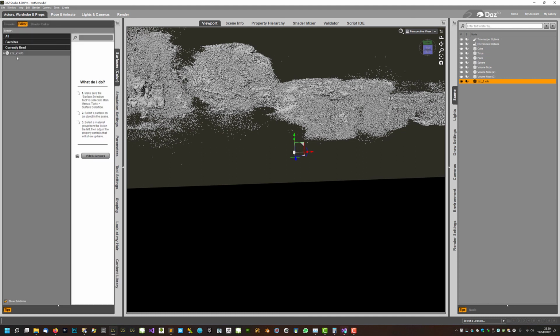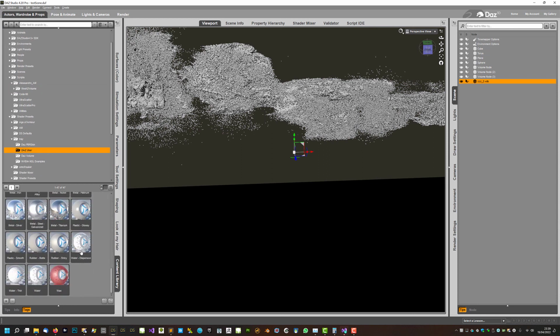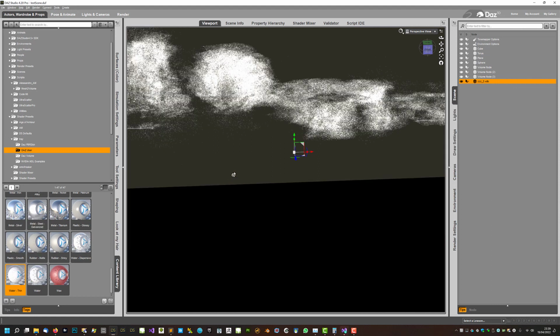And as we did before, we can just go ahead and apply. I like the water shader. Let me find it again, and there it is. Merge into scene, and